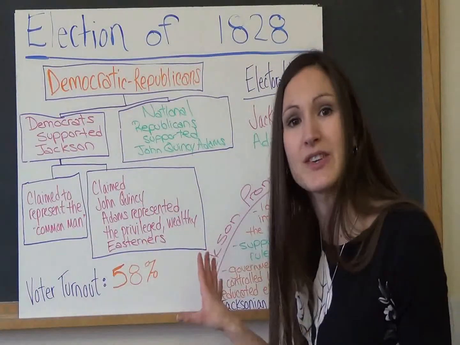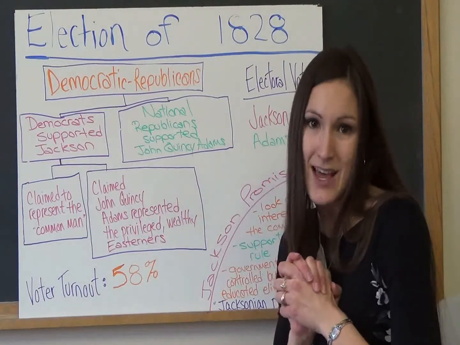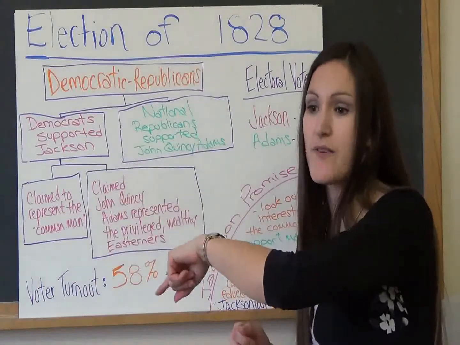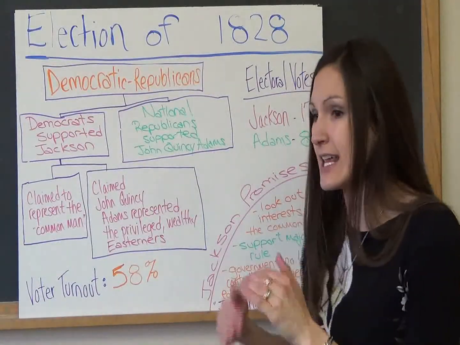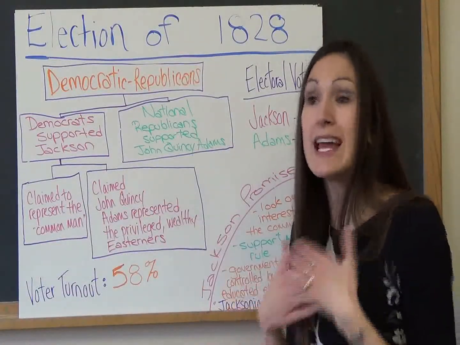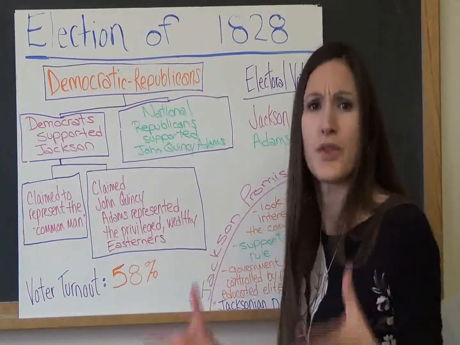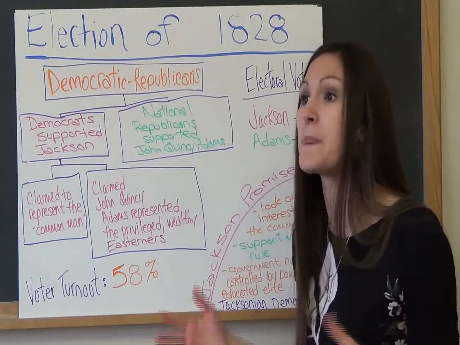He also introduces the spoils system. What Jackson did when he came into office, he fired a lot of government officials that were already in there, and he brought in his own people, okay, to take these government jobs. He said, we're switching things over, we're keeping it fresh, and that was his explanation of what he was doing, getting new ideas in there.